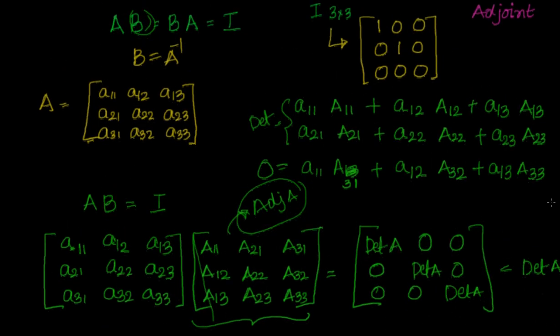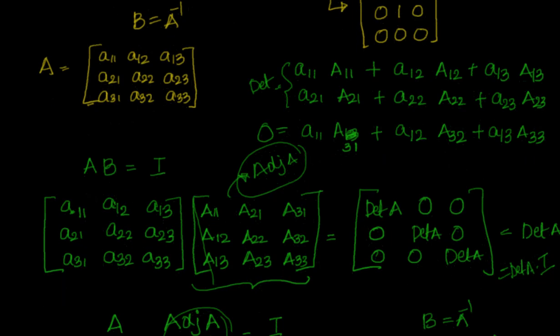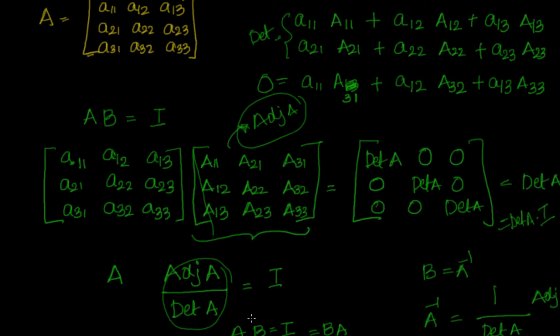We have leveraged that property and we identified how to place the matrix in such a way that we can make it equal to determinant of A into I. This is nothing but equal to det of A into I. Now what we want is AB equal to I, and we have determinant of A. If I just get it to the left side, I have A into adjoint of A by determinant of A equal to I. So B is nothing but equal to adjoint of A by det A. That's nothing but equal to your A inverse.